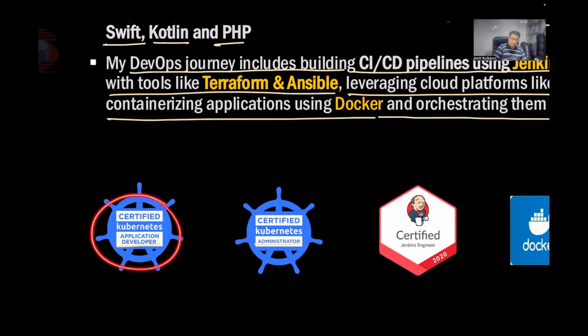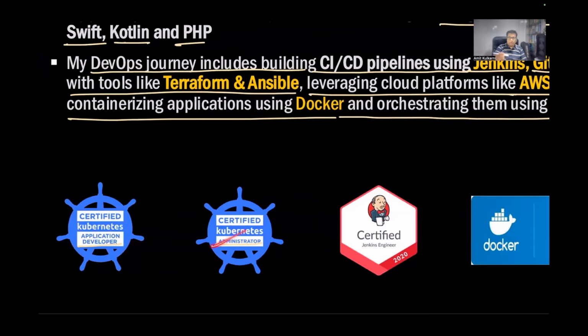When it comes to application developer in Kubernetes, you have to know Kubernetes a lot, but not networking, not installation, not cluster configuration, nothing of that sort. When you are an application developer, the cluster is already ready for you. An administrator will configure the cluster and pass it on to you. You as an application developer will write all those pods, services, and deployment objects, and then run your application inside the cluster. So your role as an application developer is totally different from your role as an administrator in Kubernetes, and both have different requirements as well. I have gone for both of them and love the tool itself, Kubernetes.